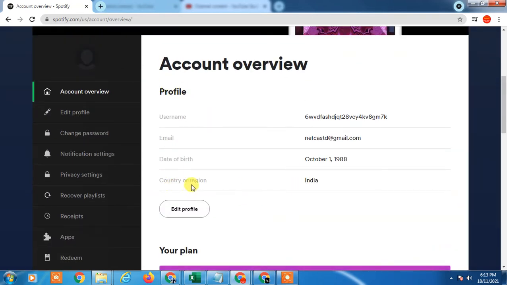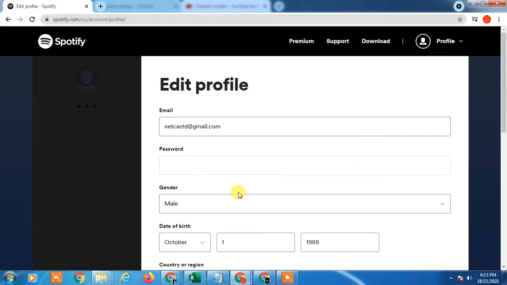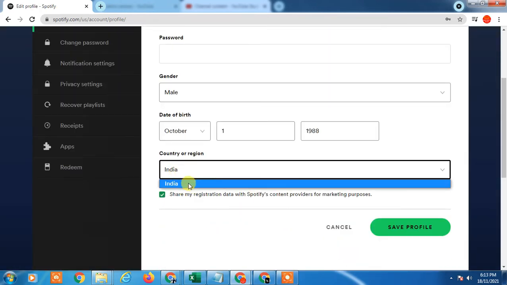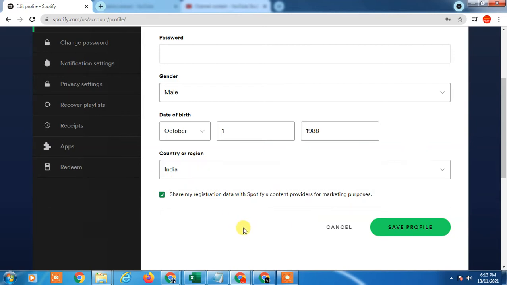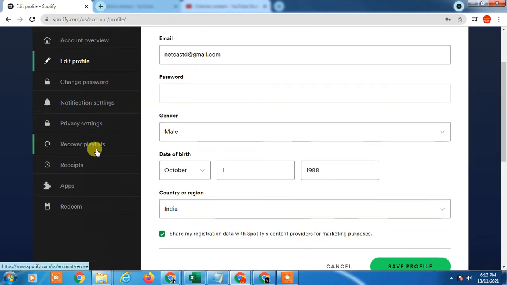If you click on edit profile, there is no chance to change the country. Okay, so it is not changeable here, but there is an option where you can change the country. This option is only to be used if you really switch country, or if you really move to another country, so you can change the country. Okay, so go to the account view,